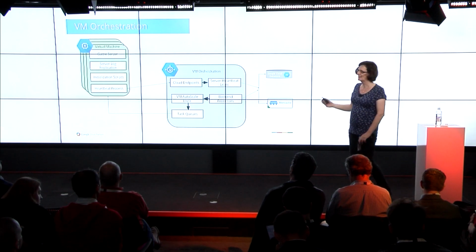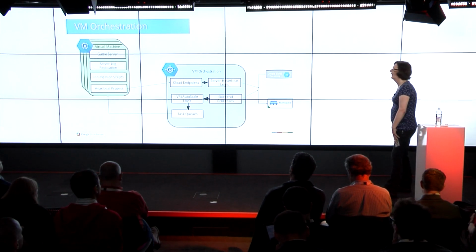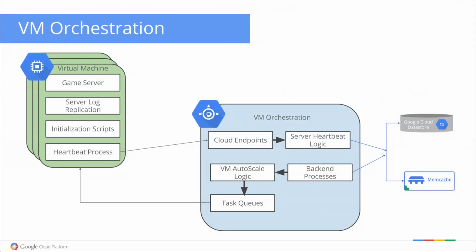And just one thing I wanted to mention, I added this slide at the last minute because I realized I left it out, is the ability to do VM orchestration. So App Engine can manage infrastructure as a service virtual machines directly through an API. So Compute Engine itself has its own API. We can use App Engine to spin up new instances on demand, effectively to manage autoscale for us. So if we have a game that requires back-end gaming servers, we need to provision more servers as the load increases, then we can use VM orchestration on App Engine to actually fire up new game servers on demand.